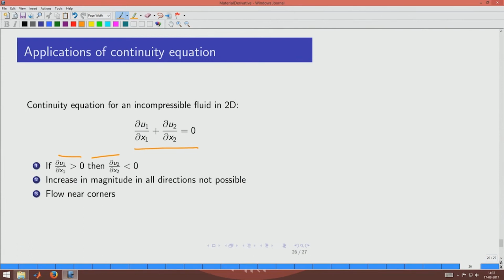Okay, this is the outcome of the continuity equation, and this can be used to tell how the flow will be near a corner. So, let us look at a wall like this, and you have a corner there. Okay. And near the corner, we already know from our common sense that if the liquid were to flow, then it would go like that. Okay. So, what we do is that we take segments that are of uniform length,